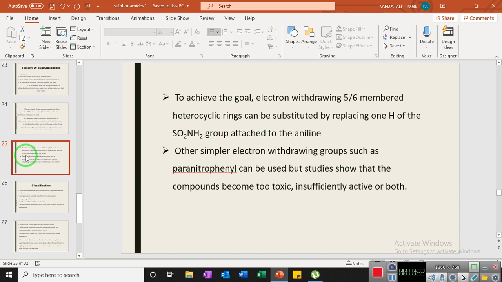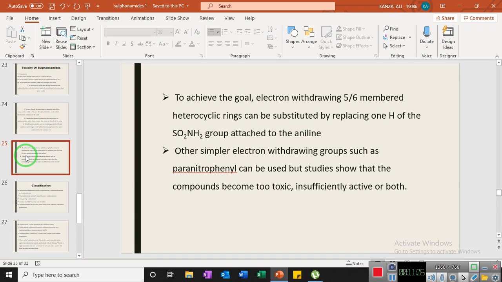Now, the question is that we have got the molecules which have got the lower pKa value, but how can we achieve this goal? It was found that by introducing an electron withdrawing group at the place of H of the SO2NH2 group, which is attached to the aniline or aromatic ring,